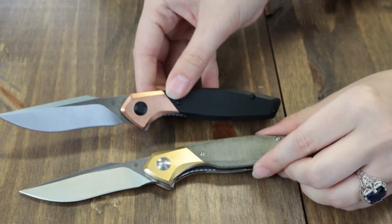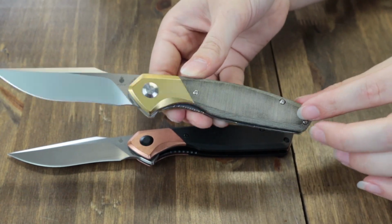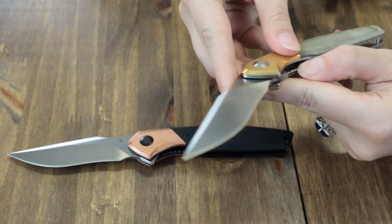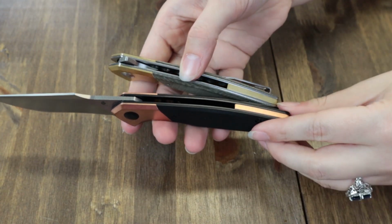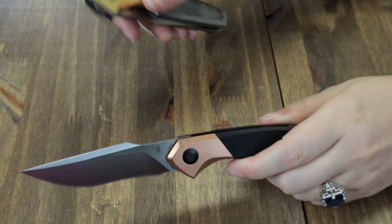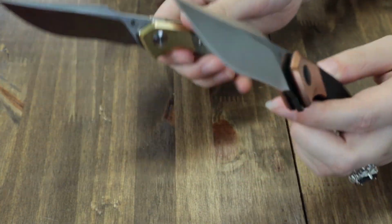The other version has a tan and green micarta handle, brass bolster, satin finish tip-up pocket clip, and liners. Back spacers match the bolsters, and the other has a titanium bolster and back spacer and a carbon fiber handle. Not yet available though, so keep your ears open. Each comes with a cleaning cloth and was designed by Sheriff